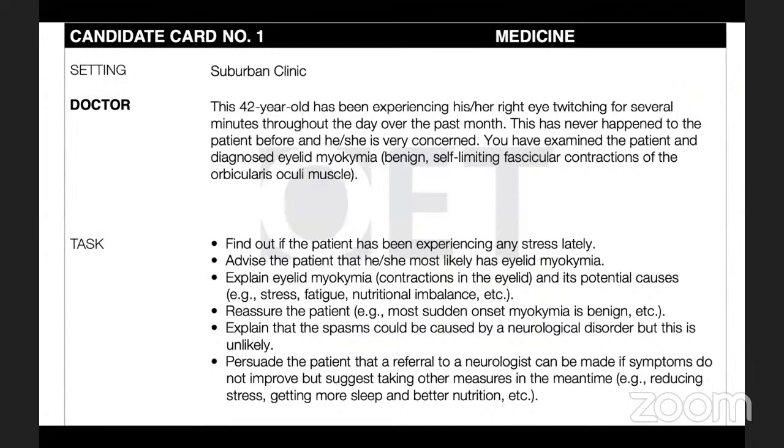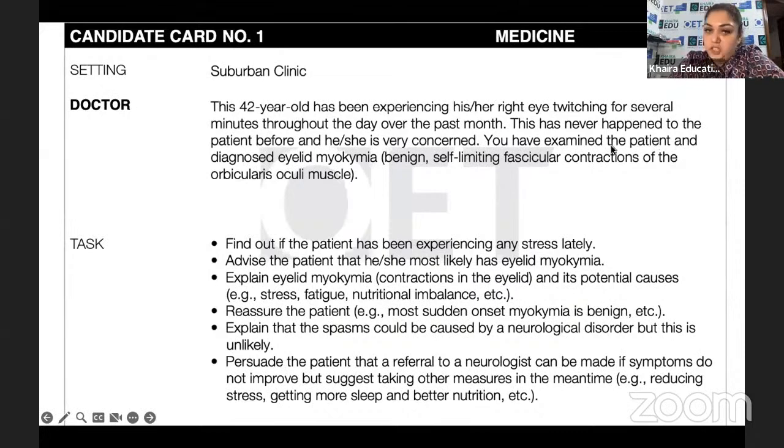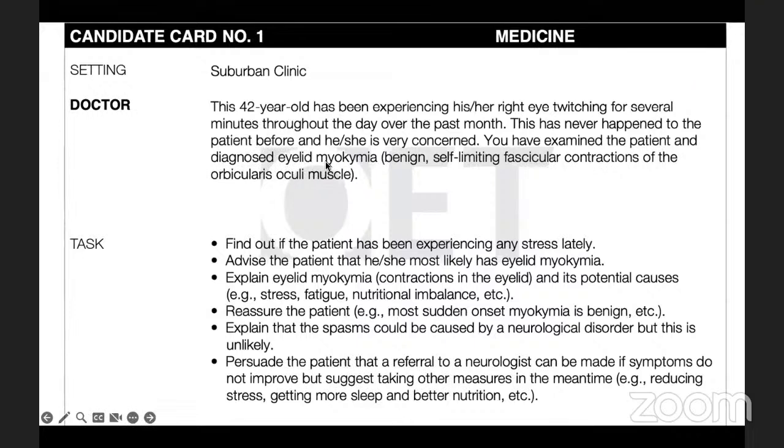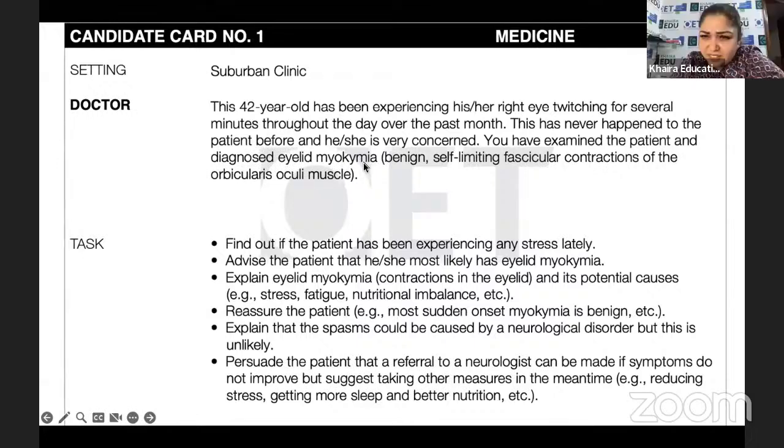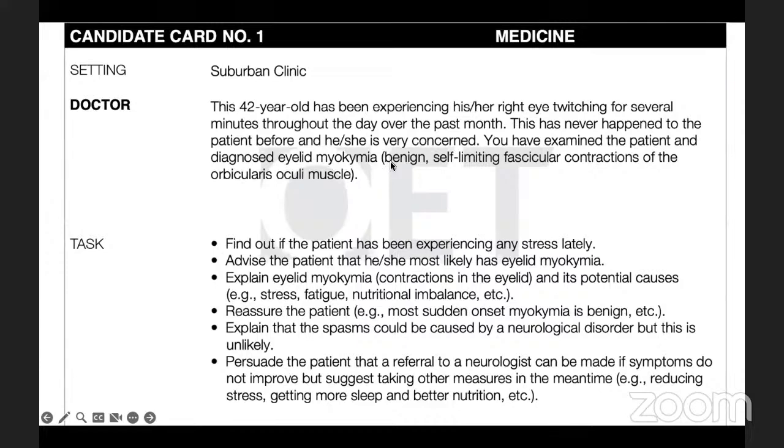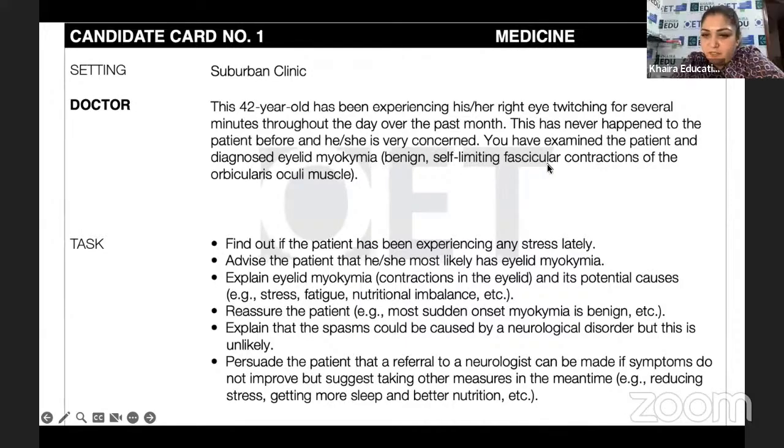Very good. So the examination is complete. You've examined the patient and diagnosed eyelid myokymia, which is benign self-limiting fascicular contractions of this muscle, which is a medical term. So now, based on this,